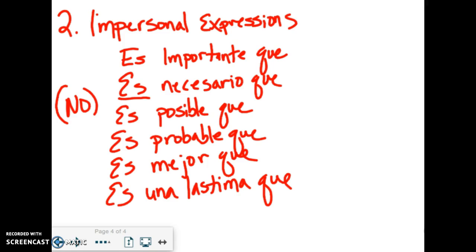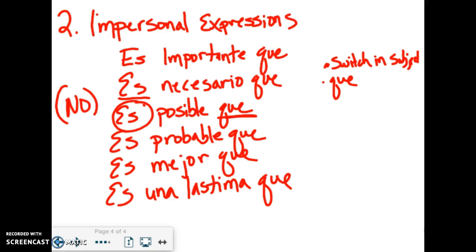So, friends, when you use statements like these, what we call impersonal expressions, you have to use subjunctive. Now, we learned with the verb querer, what did you also have to have? A switch in subject and the word que. Well, what you'll notice now is that those are already built in. The que is there, and the switch in subject is going to exist because es means it is. So anything that comes after that is going to be a switch in subject.